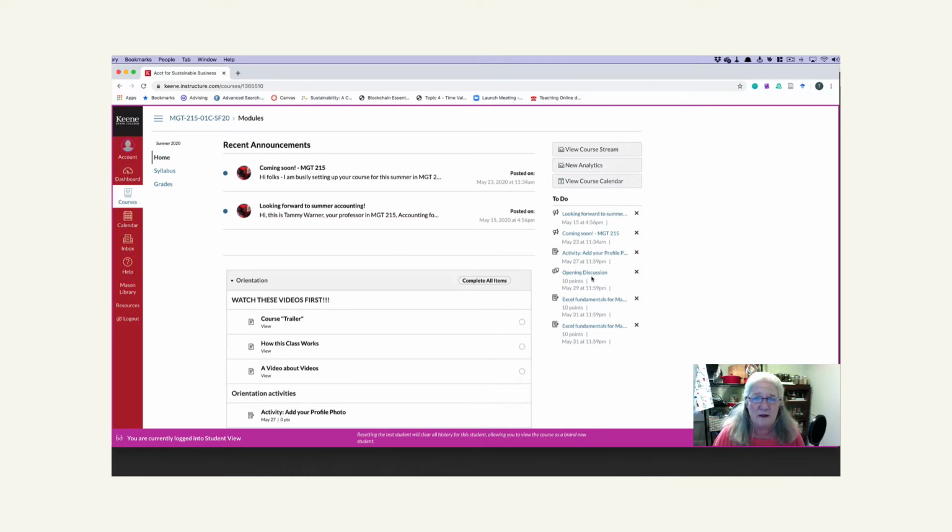And so what I've got here is Canvas, the student view, which is what you should be seeing when you open up your Canvas. And I have to admit, I haven't always been the best user of Canvas in the world. I really have always just used it to gather homework and put out announcements and stuff. But what I learned in the need to move to online teaching, at least for the last half of last semester, is that Canvas has a lot more to it than I've ever used,